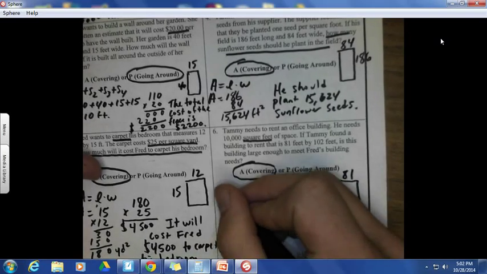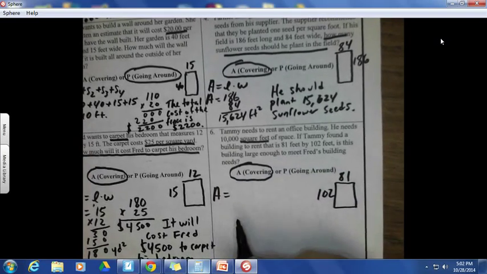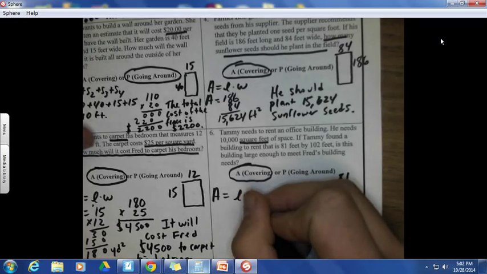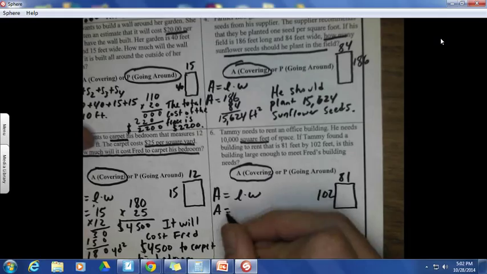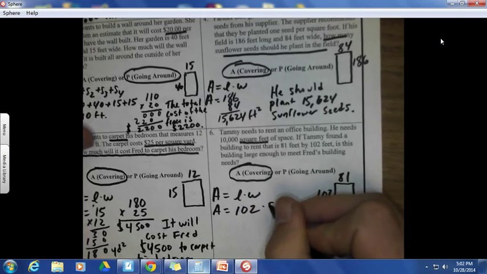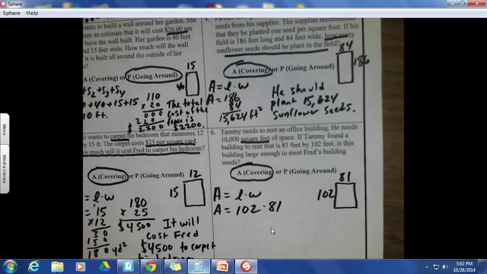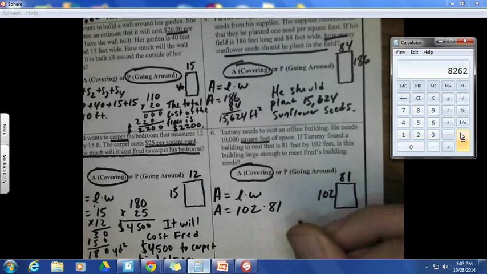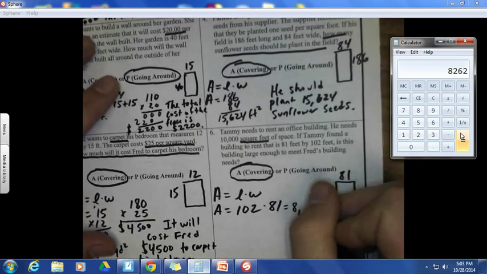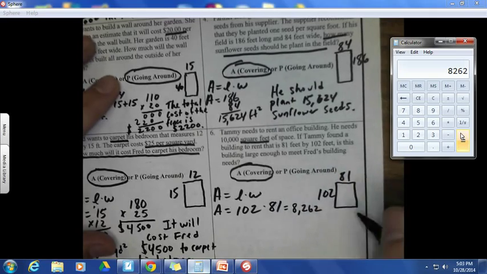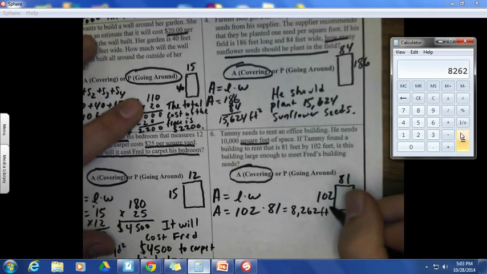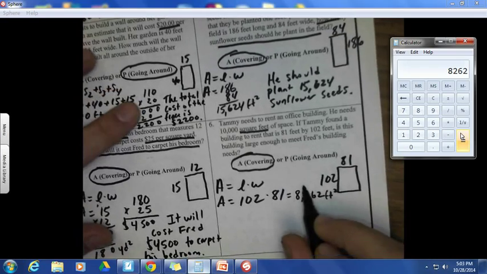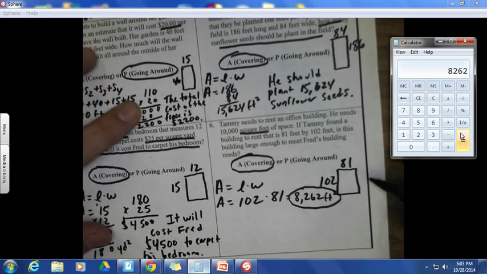Let's figure it out. So we are doing area because we're covering, and we have our length and our width. That's the formula, length times width. 102 times 81. I'm going to use the calculator here. This is a very big building, I can tell already. So 102 times 81, that gives us 8,262 square feet squared. Okay? That is the total area of the office that he's